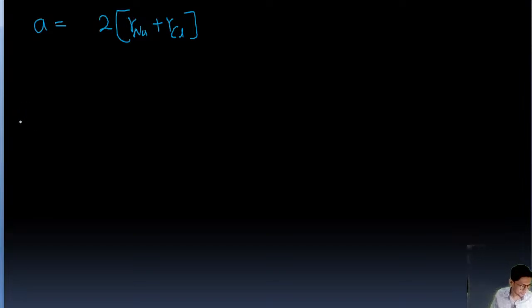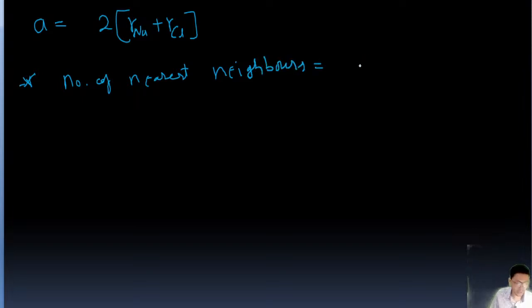Also, because it's a simple cubic structure, right? So for this, the coordination number, that is the number of nearest neighbors, is 6 at A by 2 distance. And the second nearest neighbors